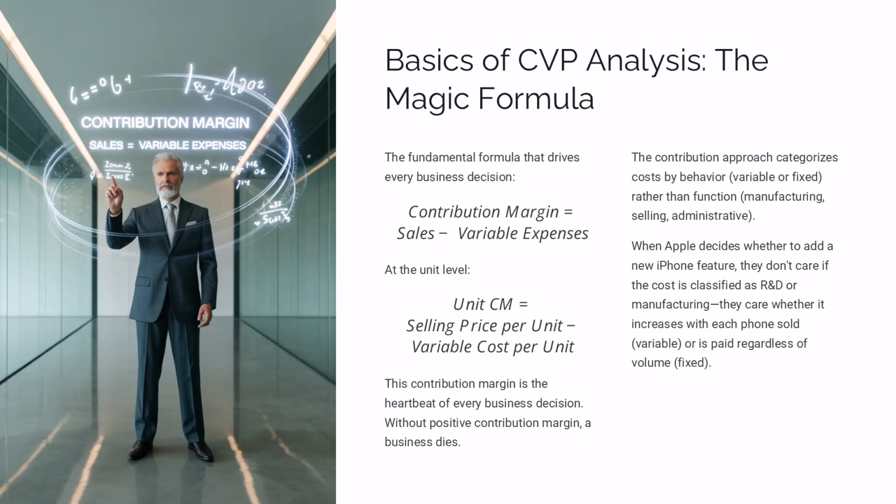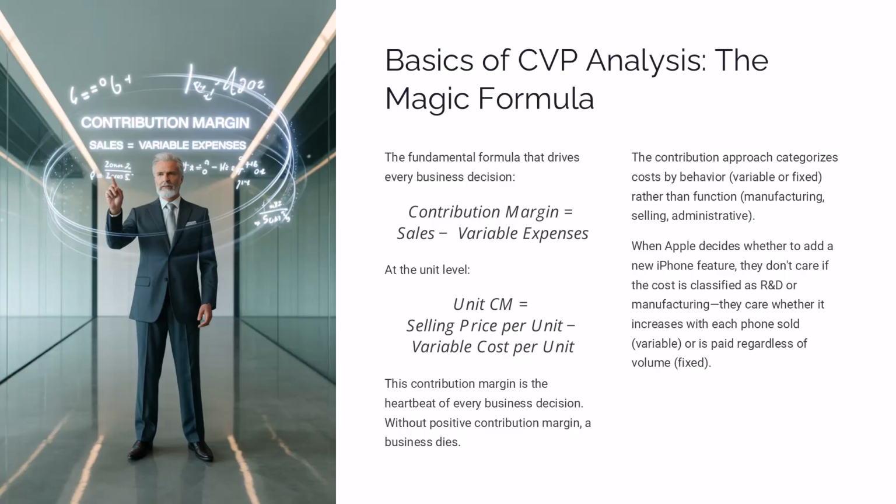The contribution income statement, which emphasizes cost behavior rather than function like traditional income statements do, is exactly what Netflix uses when they're deciding whether to produce another season of a show, looking at the revenue from new subscriptions and retained subscriptions that show brings in, subtracting the variable costs of streaming bandwidth and payment processing fees to get contribution margin, then subtracting the fixed costs of content production and licensing to see if there's profit.